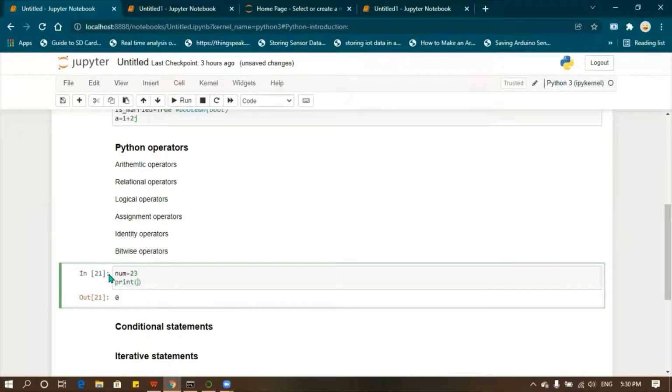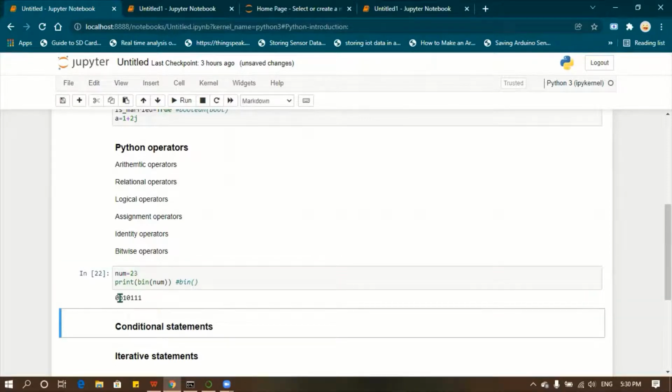We can simply convert that number: bin of num. We can use this function bin. This function will convert your number to binary. This 0b denotes it is binary.